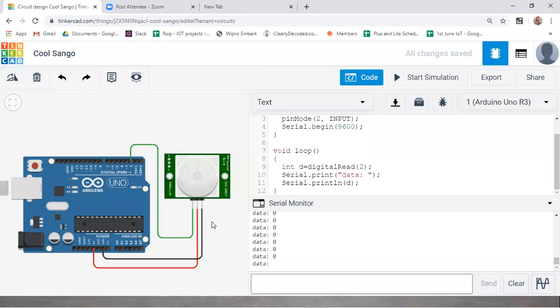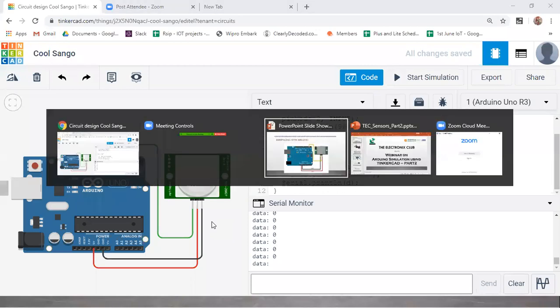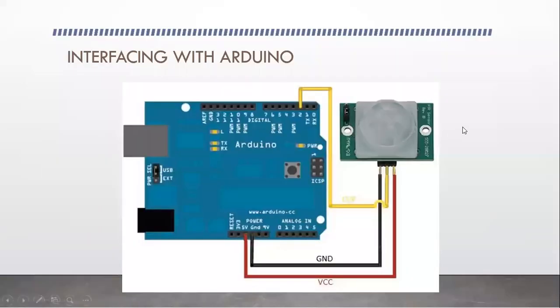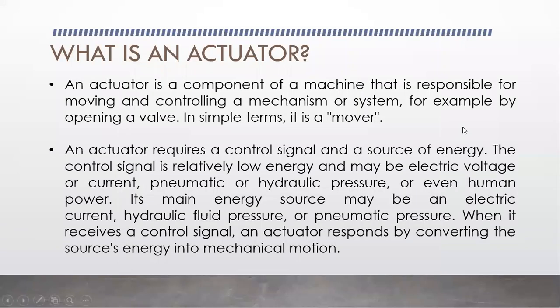Okay, so guys, let me give you some basic idea about actuators. What is an actuator? Till now we have seen sensors, but what is an actuator? An actuator is a component where an electric pulse can be converted into a physical quantity.